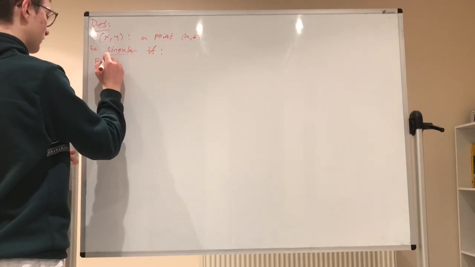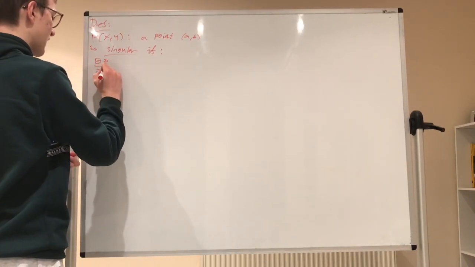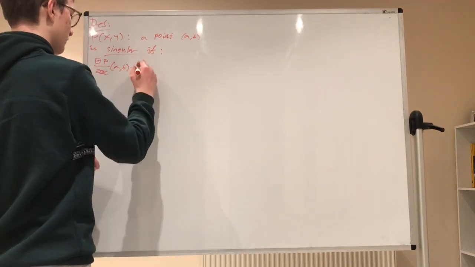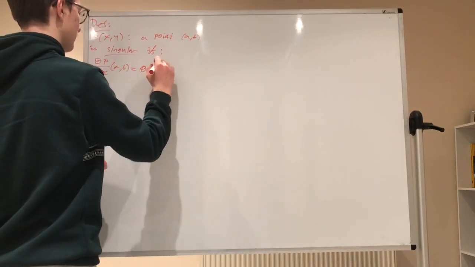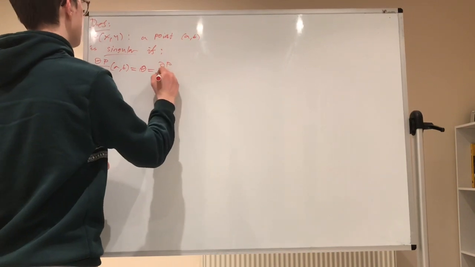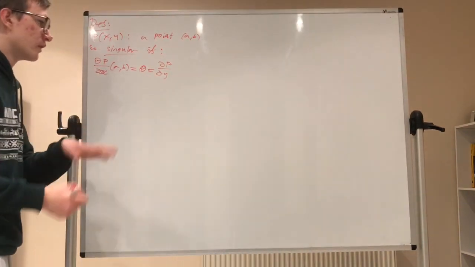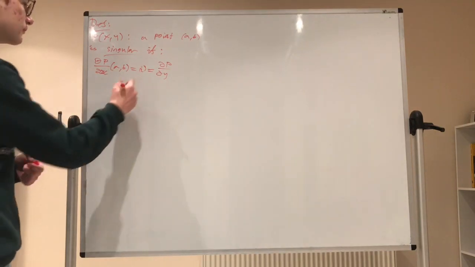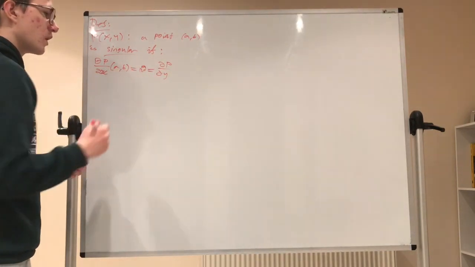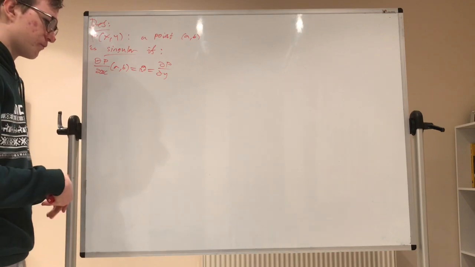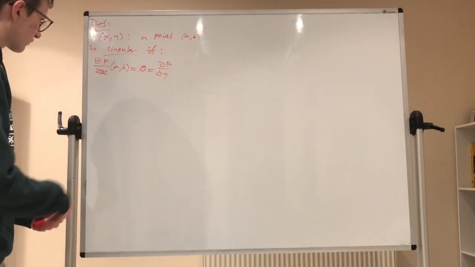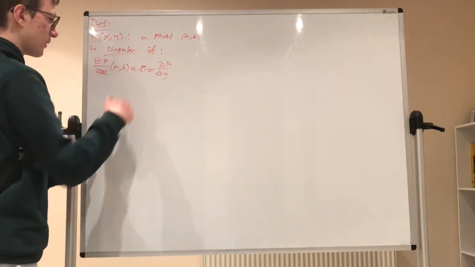So the partial derivative of P with respect to x evaluated at (a, b) is equal to 0, and that's equal to the partial derivative of P with respect to y evaluated at (a, b). That's not supposed to be a theta, that's a 0. Okay, so that's a fairly natural definition to come to,